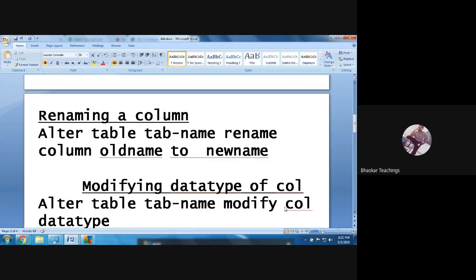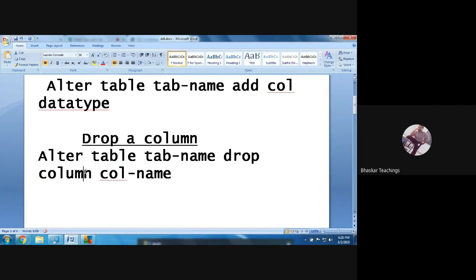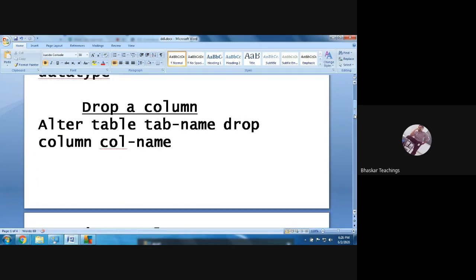Compared to the previous commands, only for dropping and renaming you have the column keyword extra.